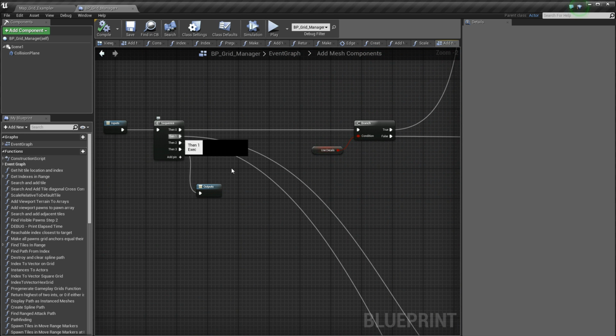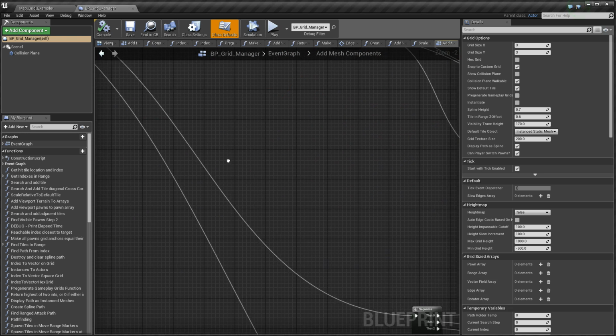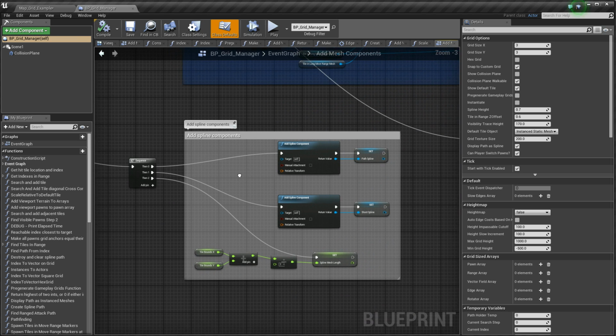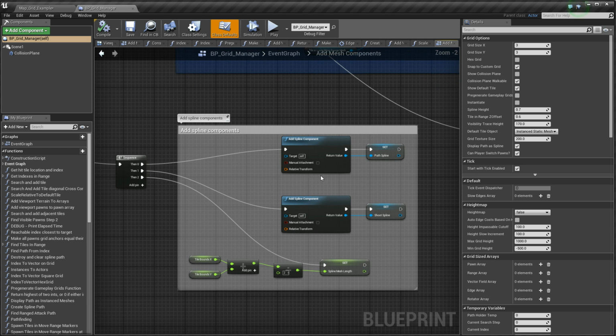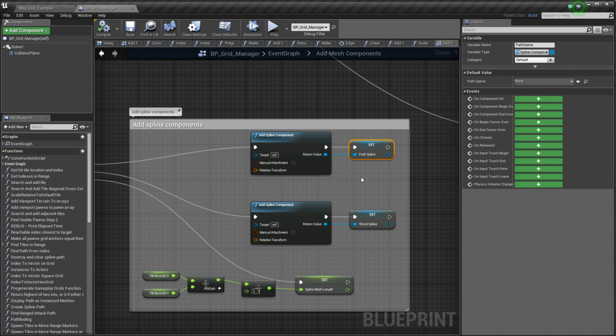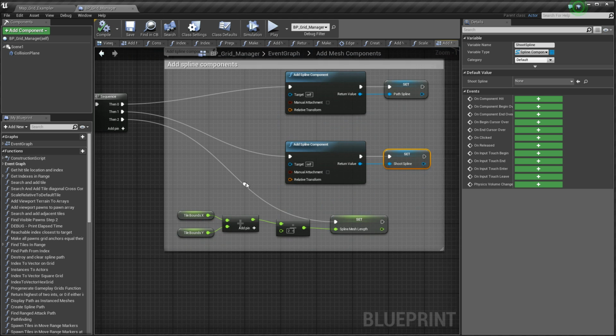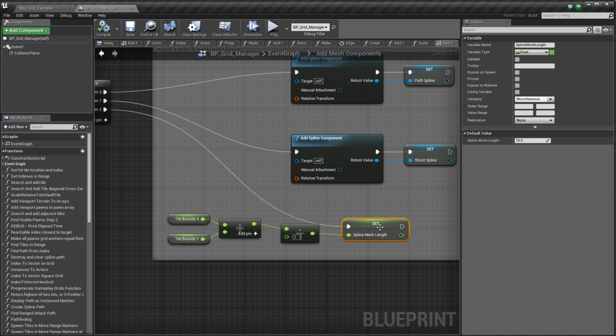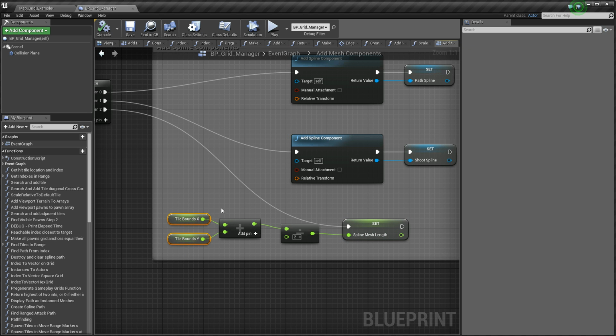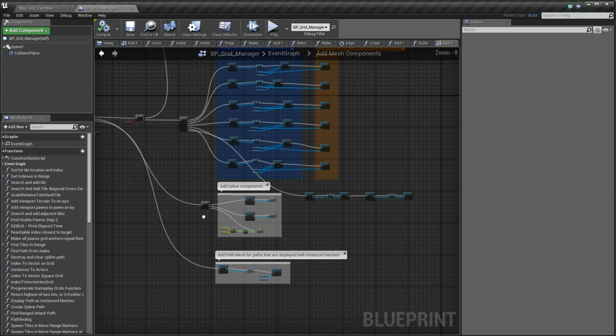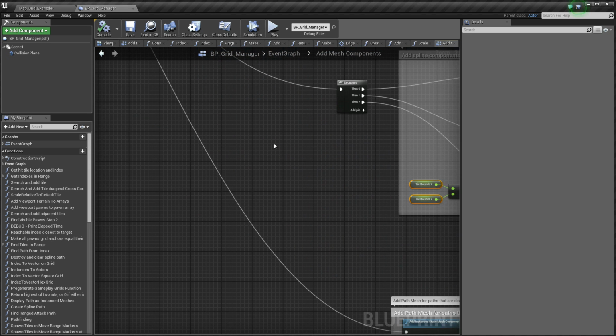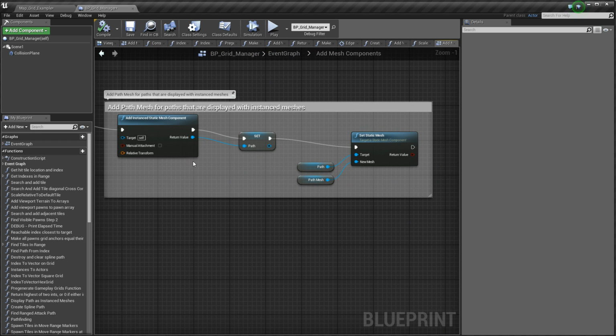After it's done with that, we set our spline component. So the spline component is the spline that shows movement trajectories between pawns and their targets. So we add a spline component for the one that shows movement and one for the ones that show range, for the ranged attack trajectories. And we set a variable called spline mesh length that's used in other functions later, depending on the tile bounds of our default tile. And finally, we add an instanced static mesh component